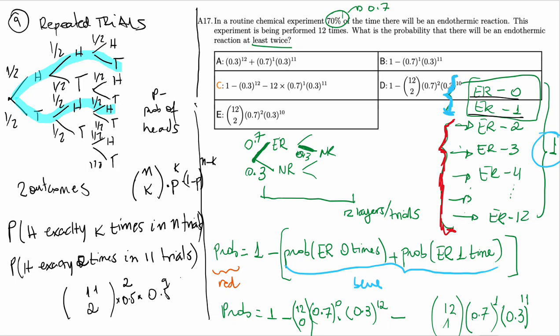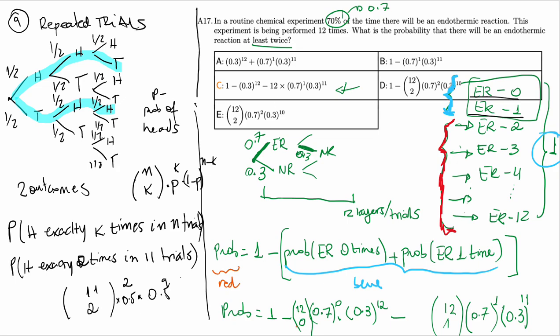Okay? Now, if you take a look at the options here, you can see that you have to have 1 minus 2 terms, right? So 1 minus 2 terms, it has to be this one. It's the only one that has this, but it's not matching completely, right? Actually, it's matching completely, because you have to remember that